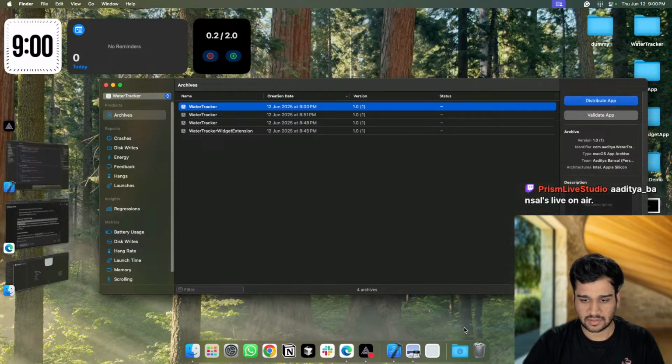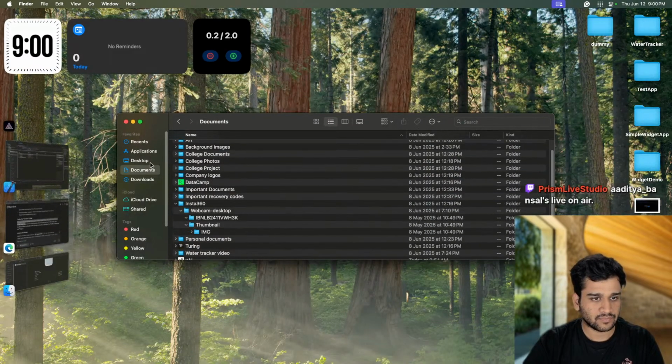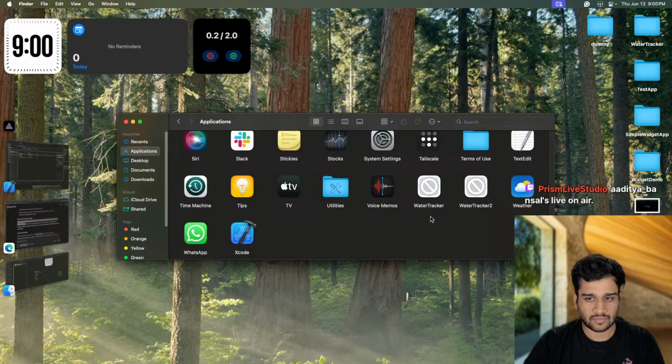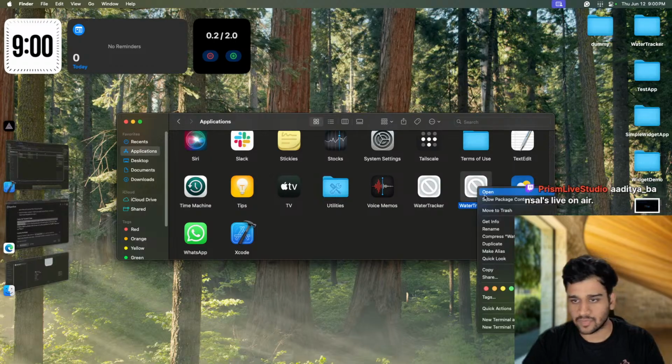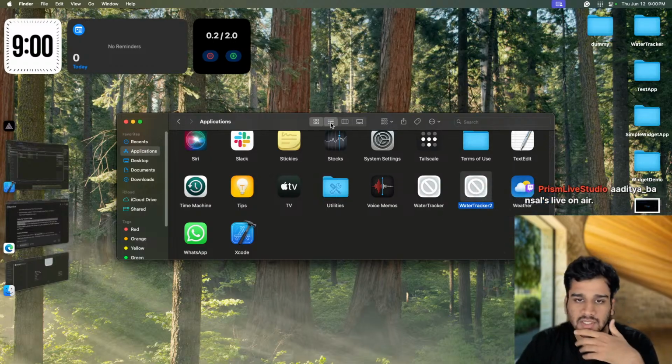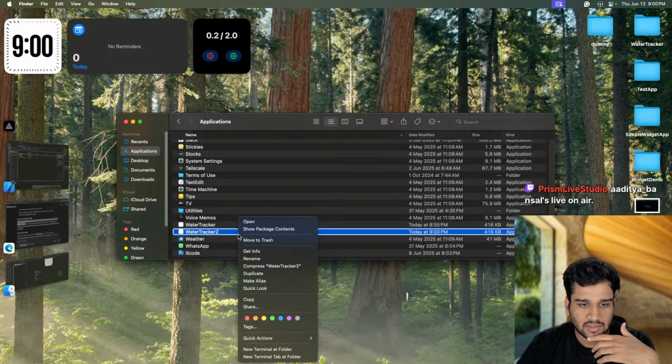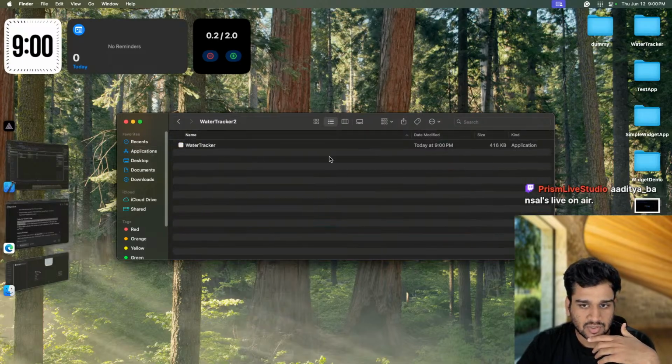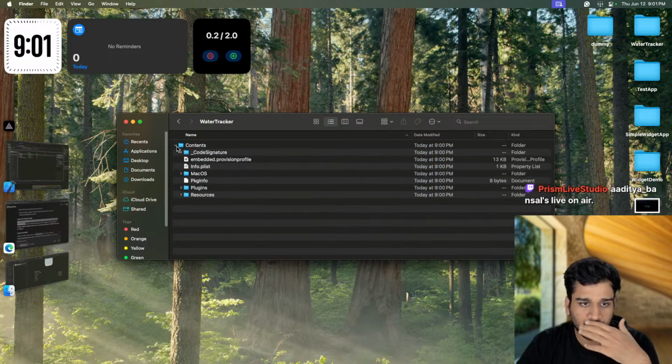So we get water tracker 2. Inside that, let's show package contents. I'm not seeing anything. Show package contents again. Okay, so here we have contents,